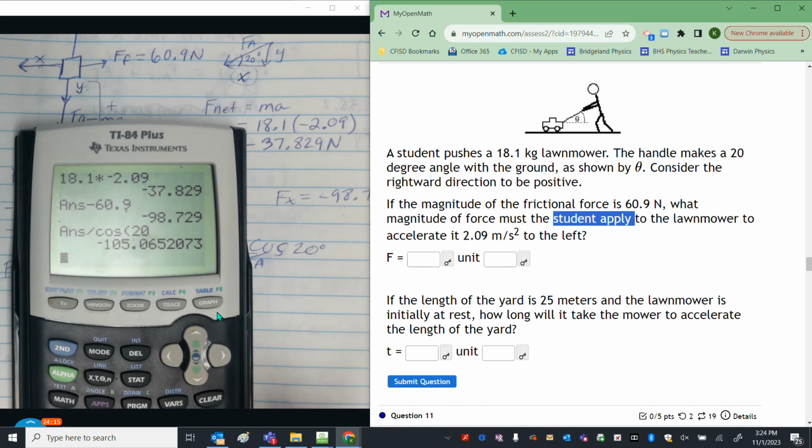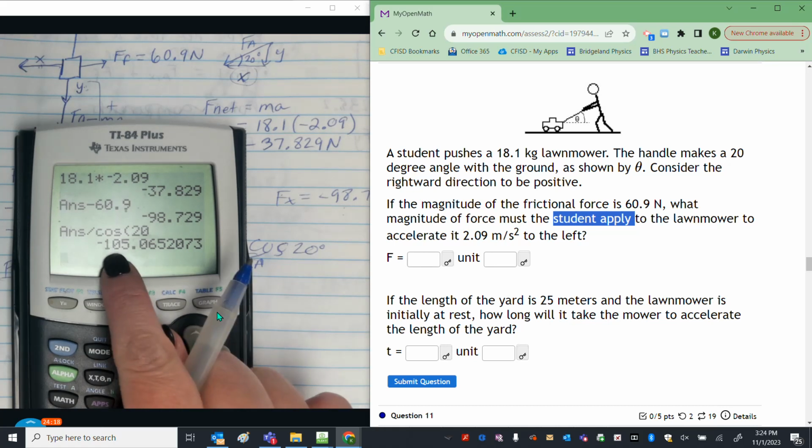Okay, and again, I didn't take the negative off of mine, but this is the magnitude, or rather, if you ignore the negative,